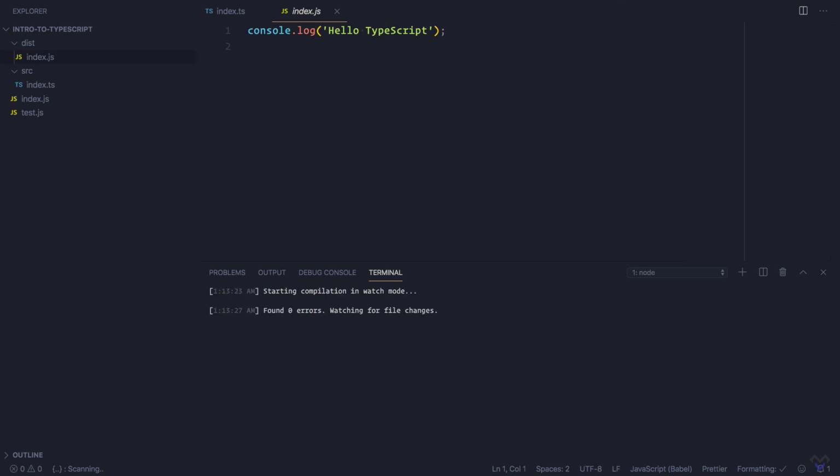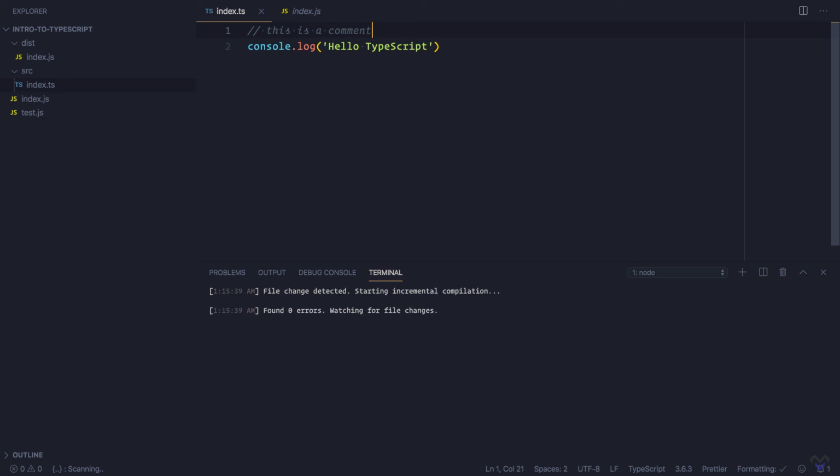This will compile the file and watch for when there are changes to the file, then recompile. So let's update this to include a comment. As soon as we save the file, the compiler will pick up the changes and compile the file. As you can see,